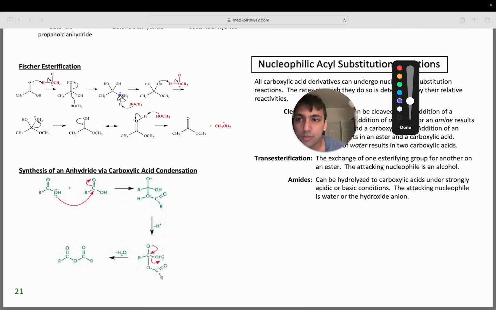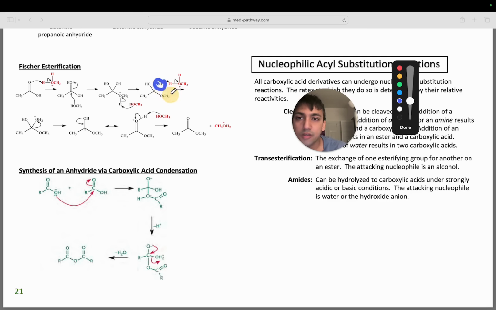It's again going to want to get rid of a hydrogen, so it's going to get rid of one of these hydrogens, right? And this HOCH3 is going to pick it up again. All right, so now we have this compound right here. All we've done is just gotten rid of this hydrogen over here. Now what's going to happen is that this